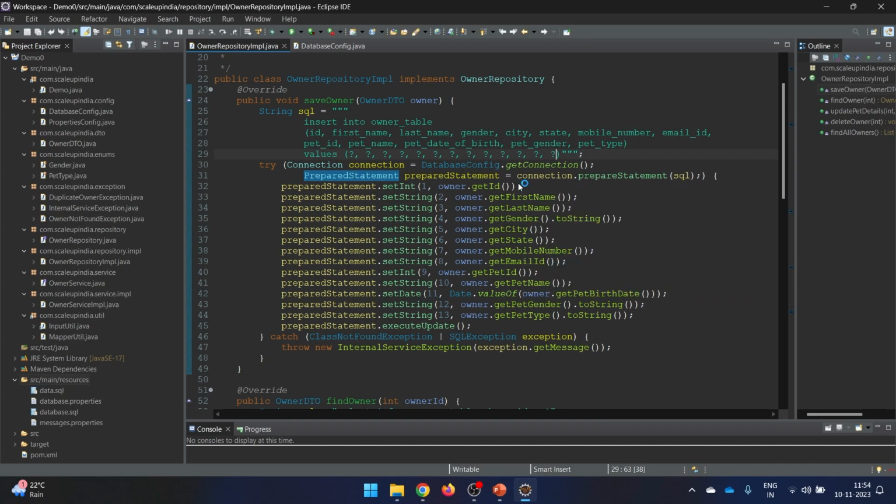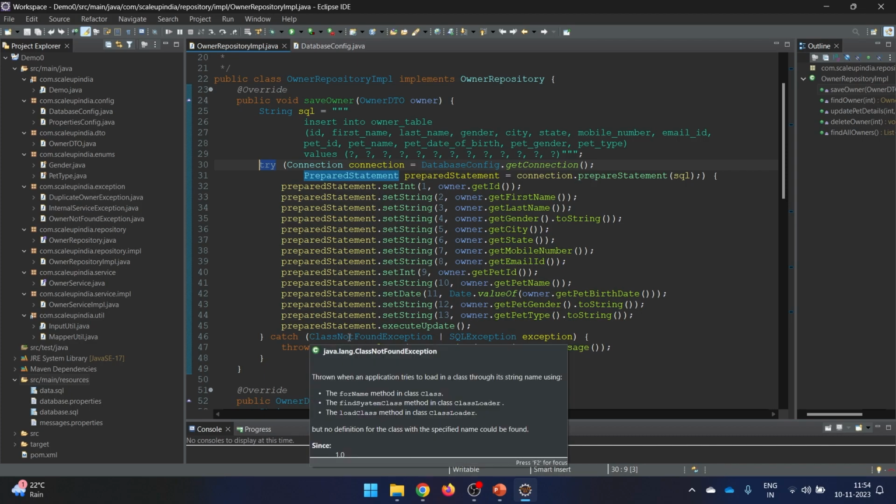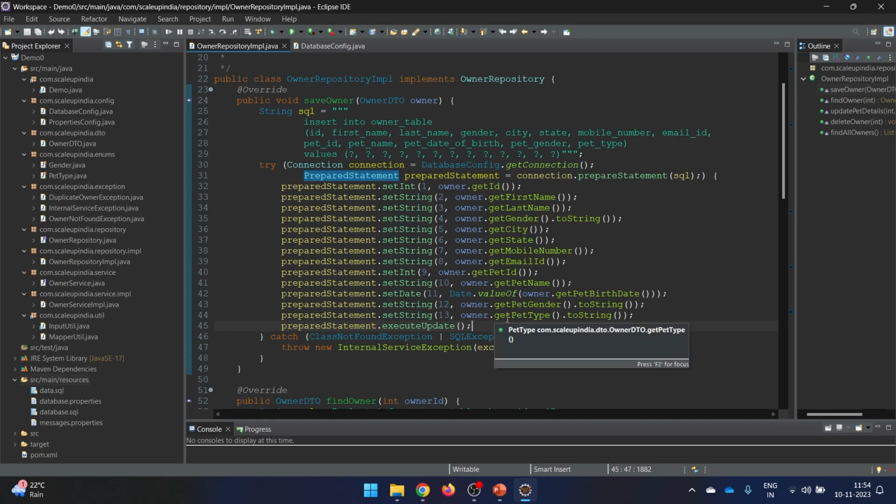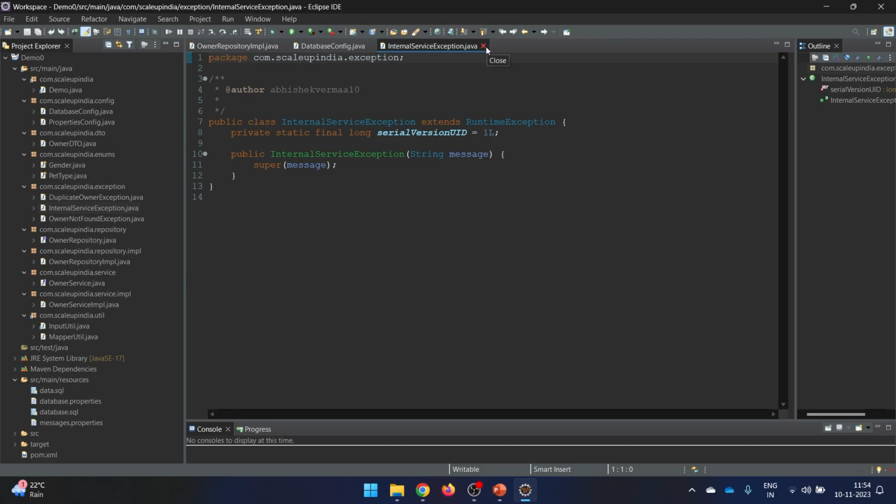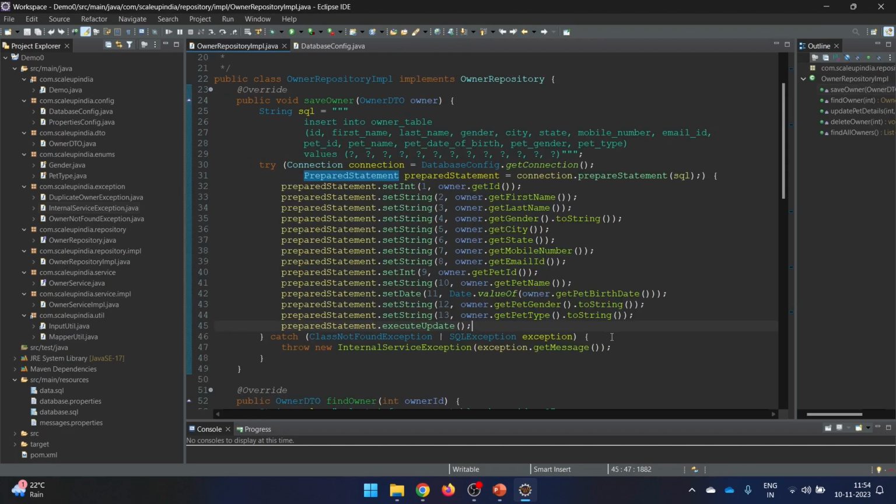So we will be using this, and we are making use of try with resources, so that I don't need to call the finally block and close all the resources. They will be closed automatically. I just need to have a catch block where I'm saying that if this or this exception occurs, then instead of throwing this, I'm making my own internal service exception and throwing that one because it's a runtime exception. That is just my choice. If you wish, you can throw it directly also, or handle it in some different way. But in this, most of the chances are that you may have made some mistake in getting